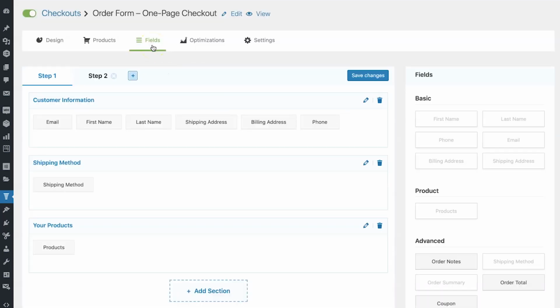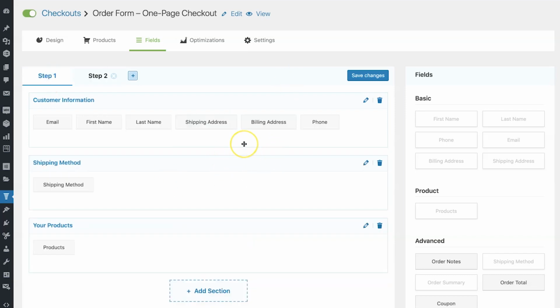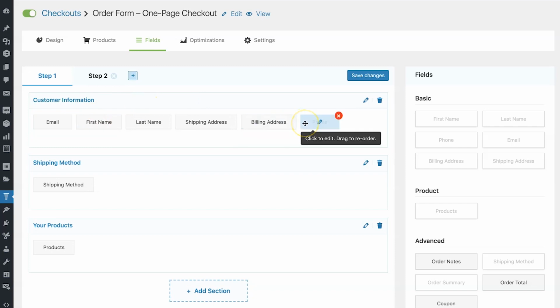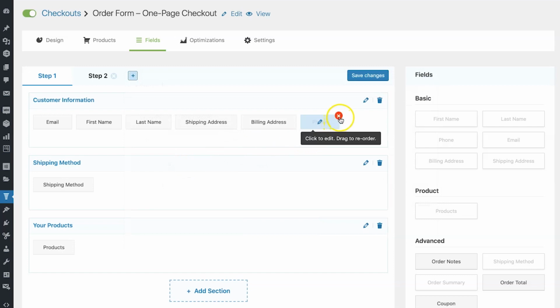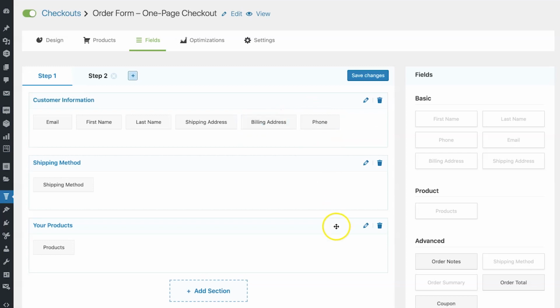Well, so this is the fields tab. Now, when you import a two-step template, you'll see that 2 steps are already pre-created. And of course, we've already added some sections here, and within sections, you've got some fields so that you can generate a preview of your checkout page and see how it looks. You can always edit a specific field, change the label, placeholder text, and all of that, remove fields that you do not want, and of course, even reorder them using simple drag and drop.